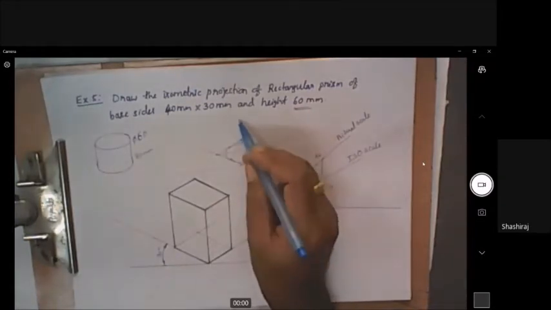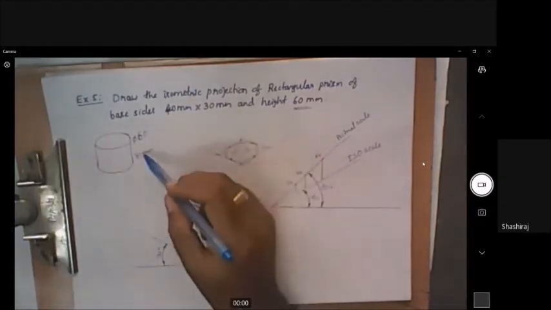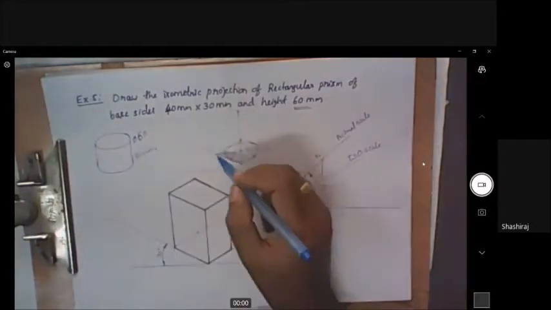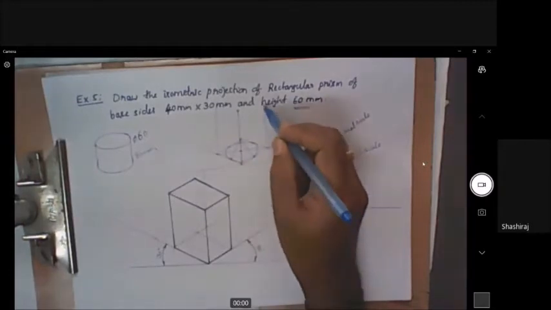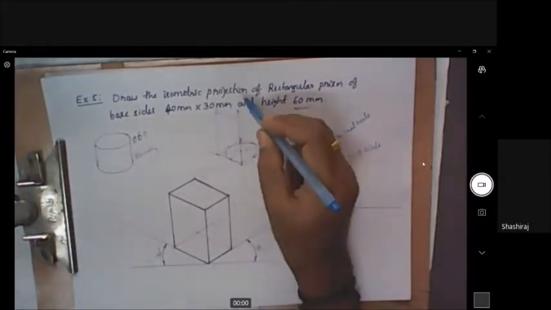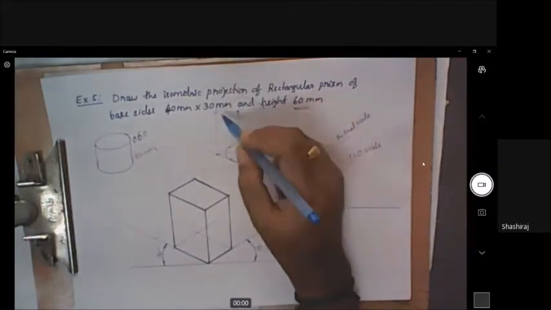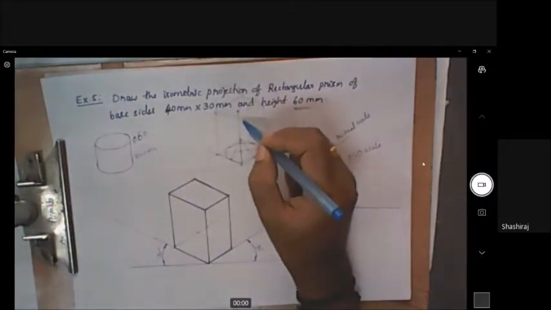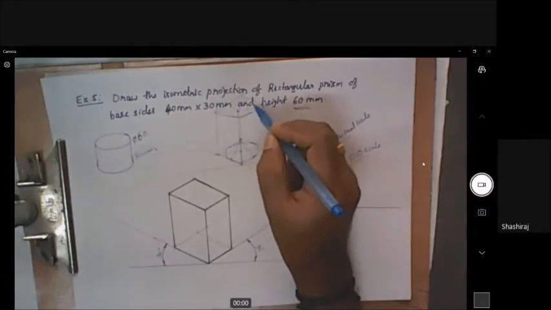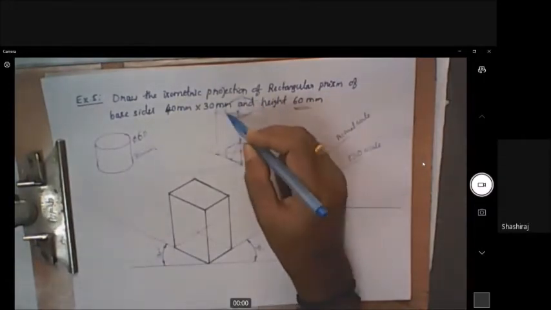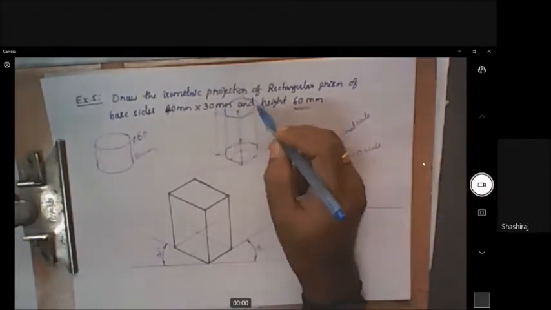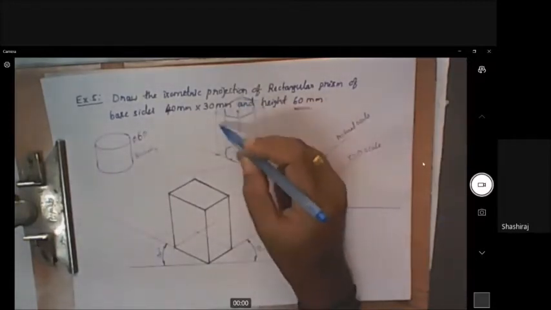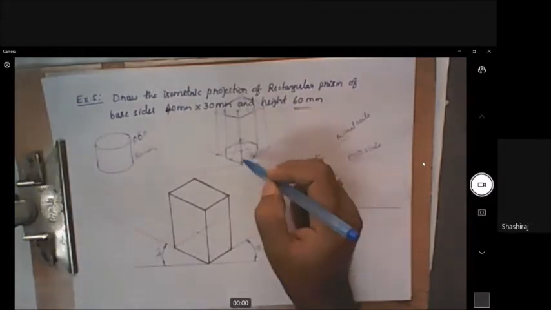Now you have to go to the top face. Top face is obtained by taking a height of 80. You can take ISO 80 for all the base corners, like this. You get a square box here also, and you know how to construct the ellipse from this box. So construct the ellipse like this and draw tangents here. Start visibility from the top face. This ellipse is completely visible. This tangent is visible. This is also visible, and the front portion of the ellipse is visible.